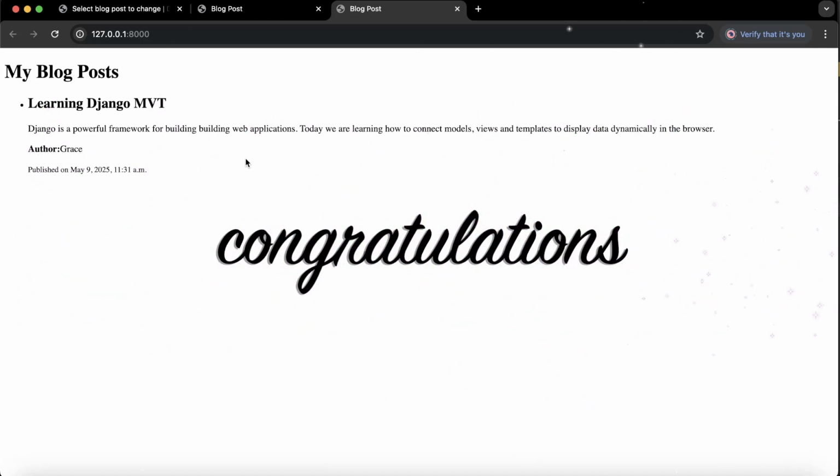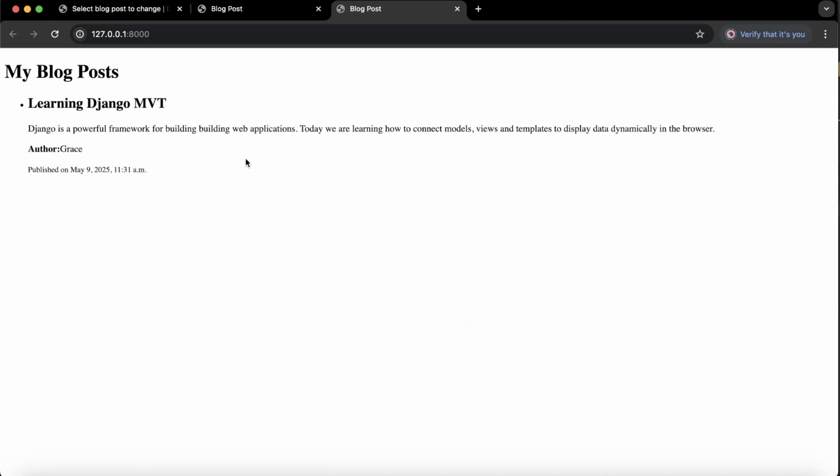Congratulations. Now you understand how model, view, and templates communicate, okay? We created a model, registered this model, created a superuser account, accessed the special Django admin panel, updated the view to make use of the data coming from the database, sent it to the template, and from the template, we paint and display this information in the web browser. I am super proud of you, and I am going to pause here in this video for you to actually try repeating everything we've